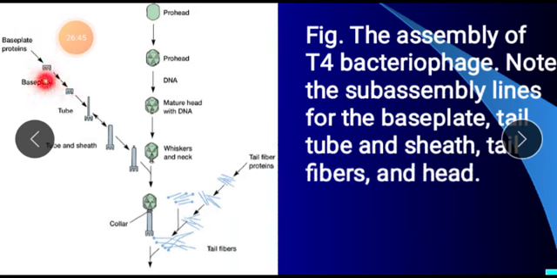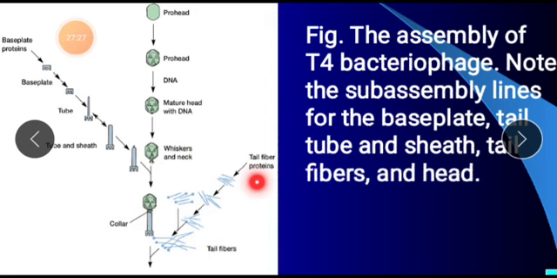So you see this base plate protein. This is what we call base plate E. Then the tube is likely to develop. Then at this stage, the tube is developed. Tube and sheath, they develop the sheath. After that, the whisker and the neck move in. This whisker neck is ready to come and attach on this tube and sheath, then develop into forming this complete T phage. So this is the point between the tube and the whisker's neck, which we call the collar,